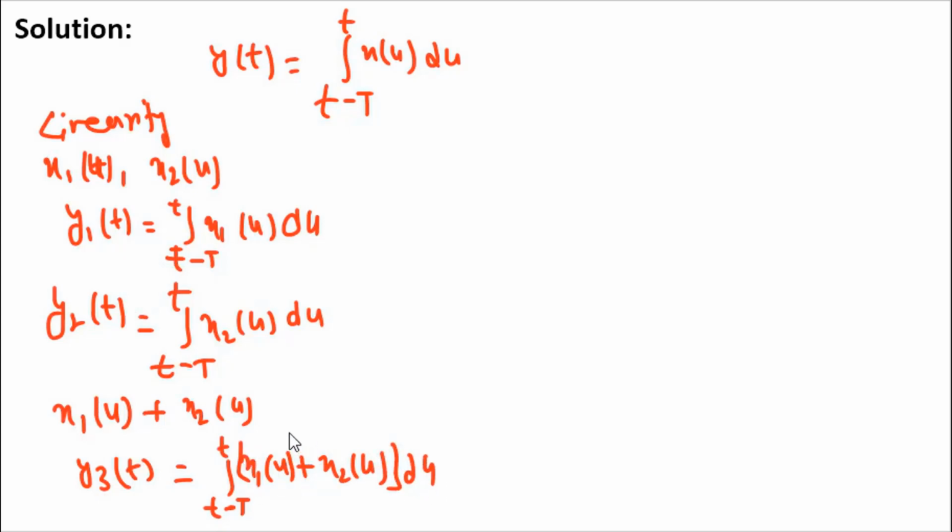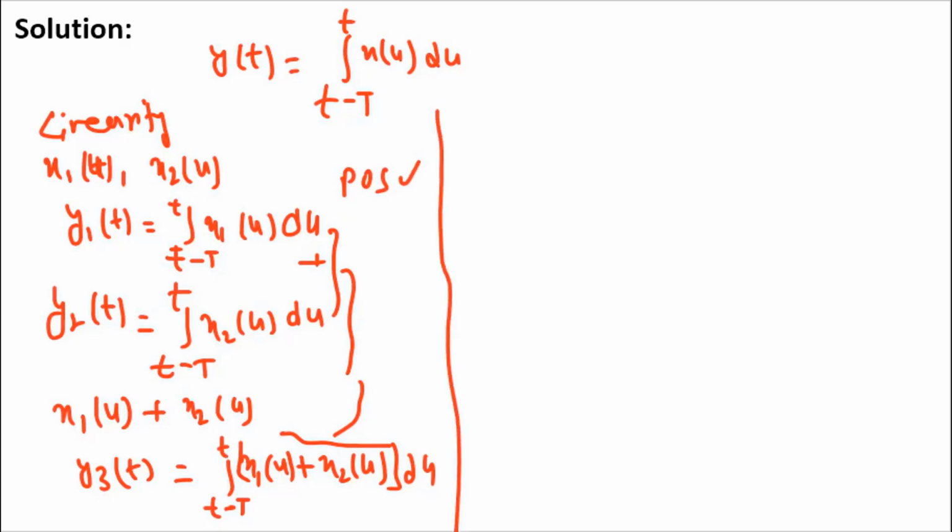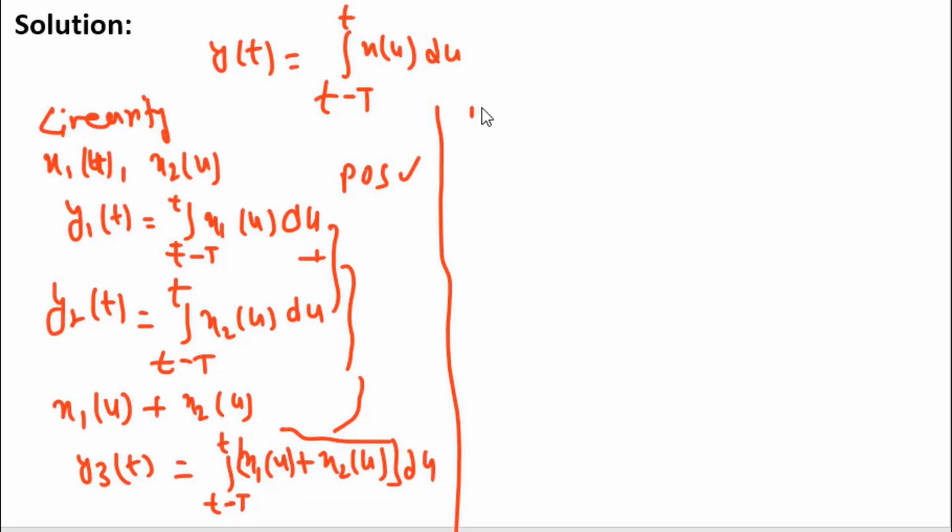So clearly you can see this y3 of t is equal to the summation of these two. So your POS, that is principle of superposition, is satisfied. Now the second condition is principle of homogeneity. So for homogeneity, you scale the input and it becomes k times